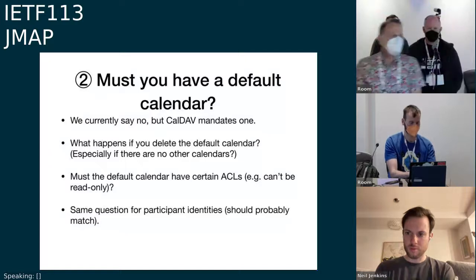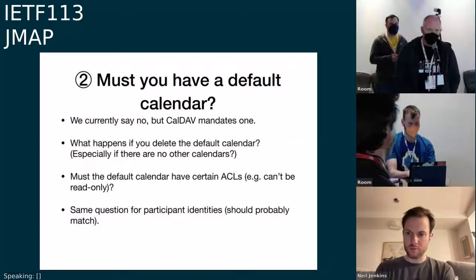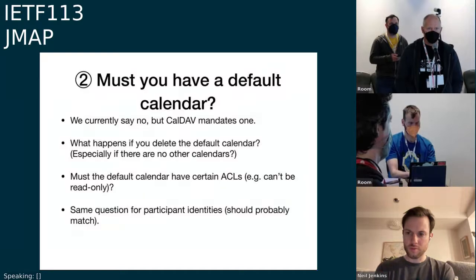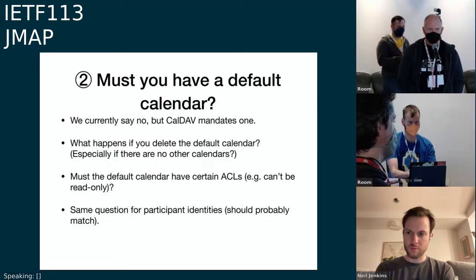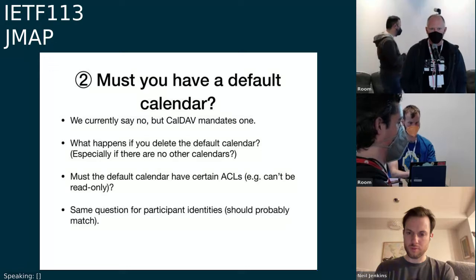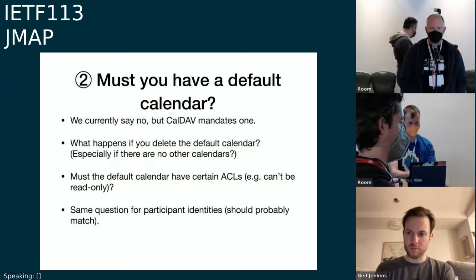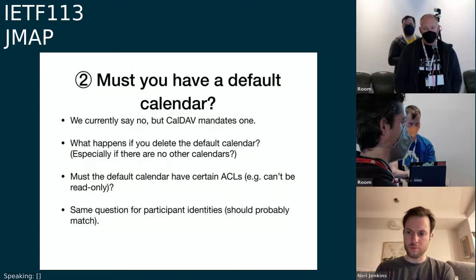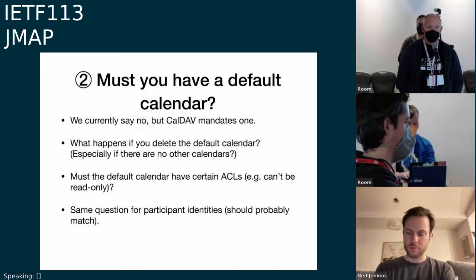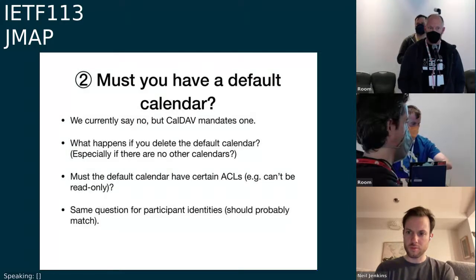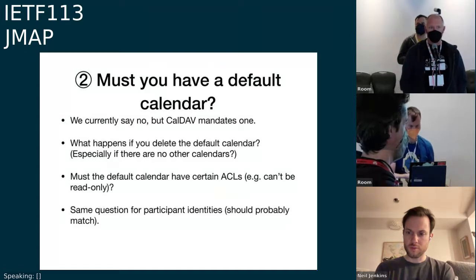Ken Murchison. Yeah, I'm clearly in favor of a default calendar as it's mandated by CalDAV, and if you've got a server that's automatically processing IETF scheduling, whether it's implicit scheduling or via iMIP, you need to put new invites someplace. So if the user expects to receive invites, they need a calendar, and they need to tell us which one it's going to go to. And if you've only got one calendar, then that's the default. If you've got more, then you tell us which one it's going to be. But I think we need to have at least one calendar if they expect to have scheduling work.